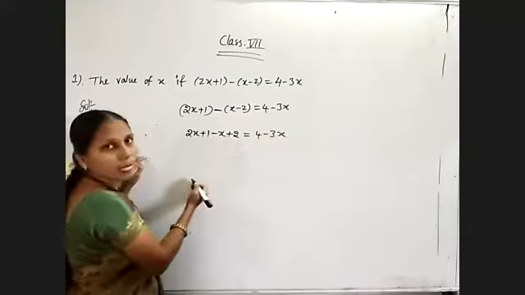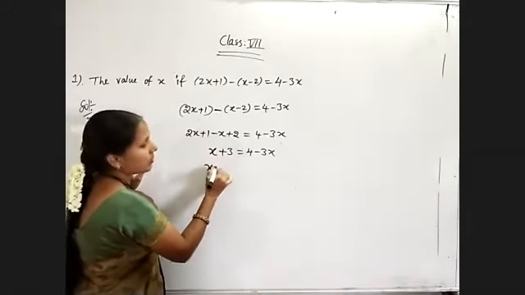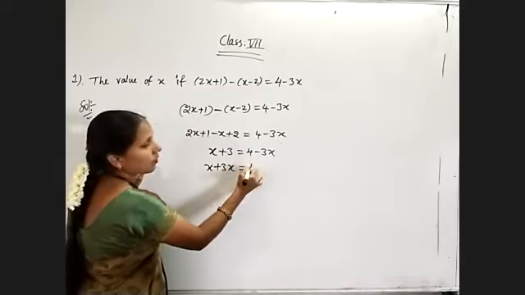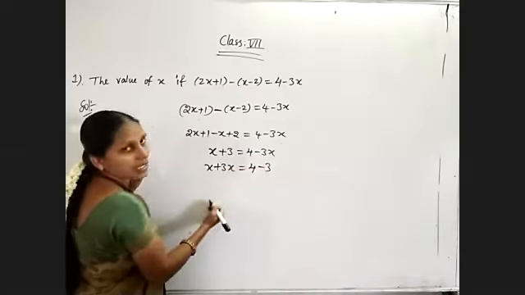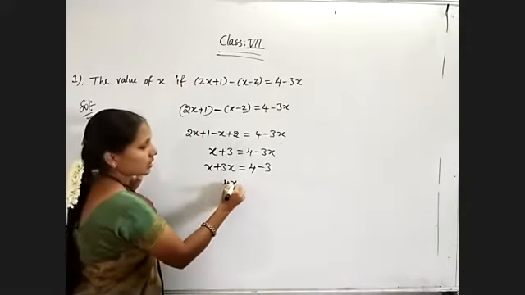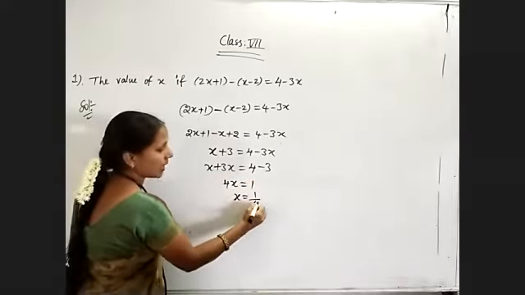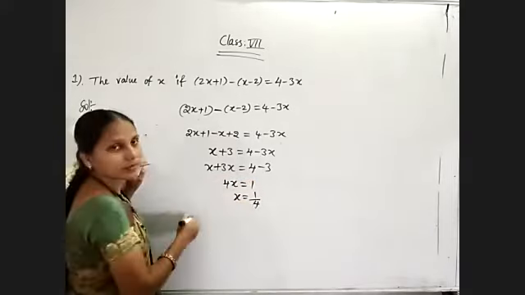Okay. Now simplify the x terms on the left side. 2x minus x is x. 1 plus 2 is 3, is equal to 4 minus 3x. Bring the x terms to this side and the constant terms to this side. What will we get? x minus 3x becomes plus 3x is equal to 4 plus 3 bringing this side, minus 3. So x plus 3x, total 4x, is equal to 4 minus 3, which is 1. x will be equal to 1 by 4. That's all. To check if it is correct or not, substitute the x value here.